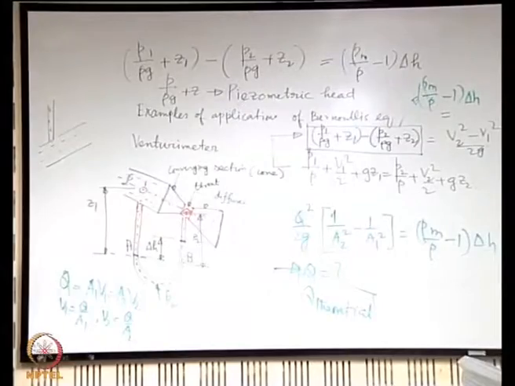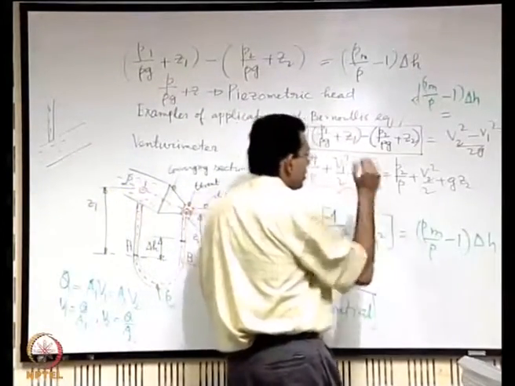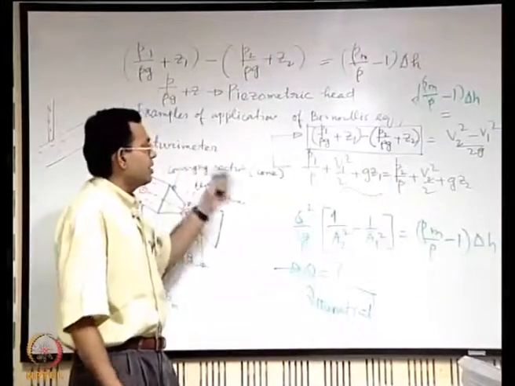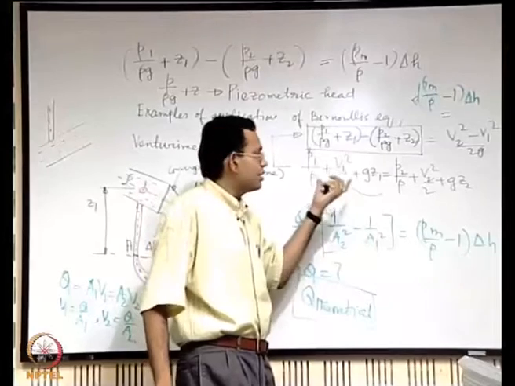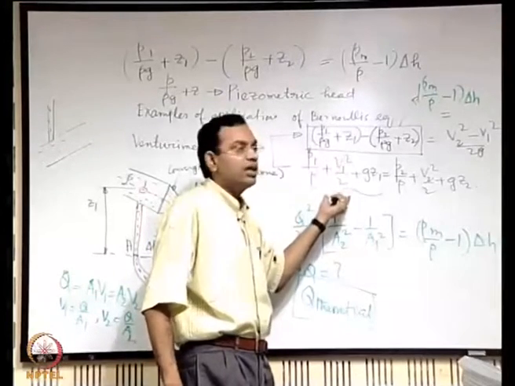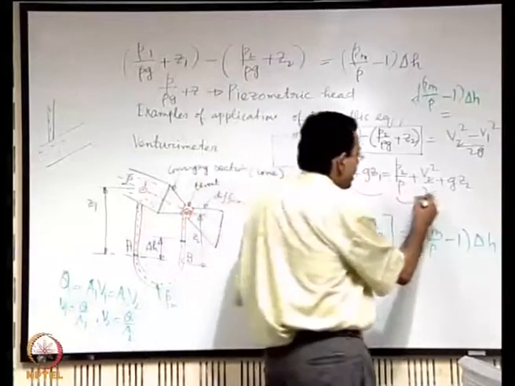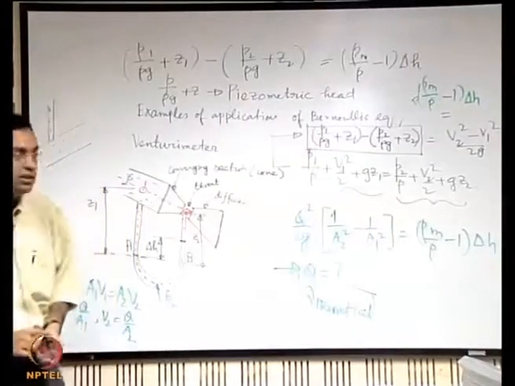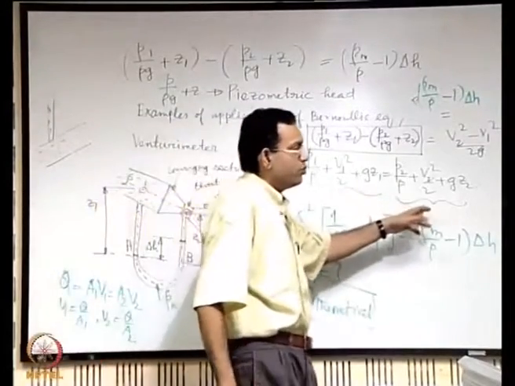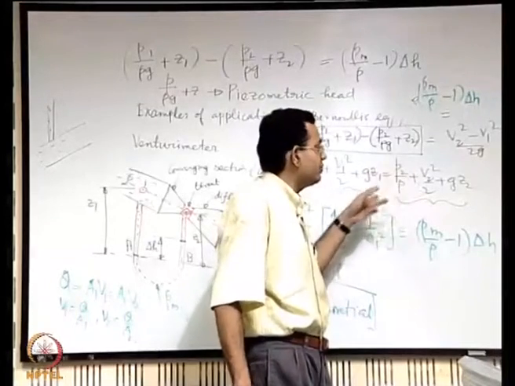Now one of the important things is, because of the viscous effects, if you have this as the total head, or expressed in terms of different units, total energy, it is a representative of the total energy at section 1, and this is a representative of the total energy at section 2. When we say energy here we only mean the mechanical form of energy. We assume these two are equal because there is no loss, because it is a frictionless flow.